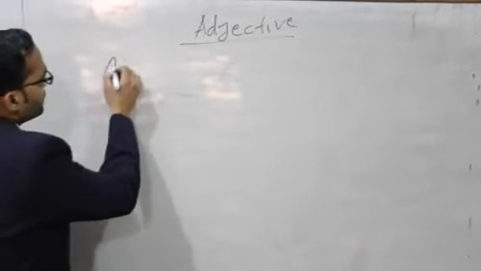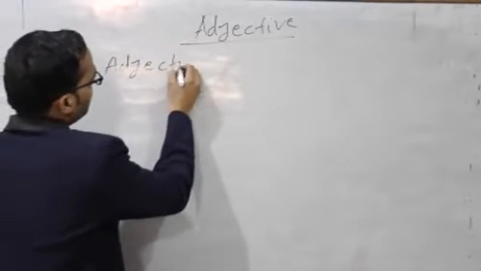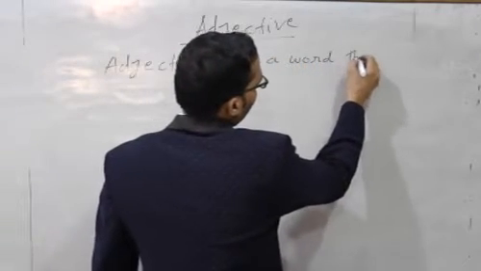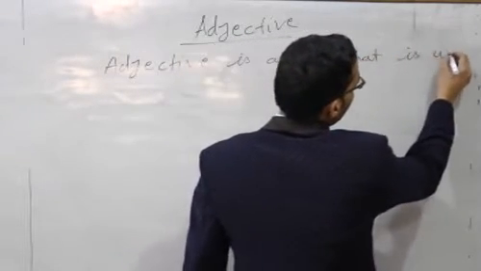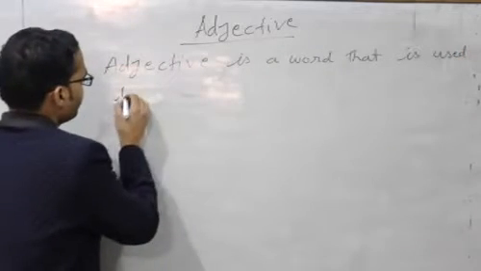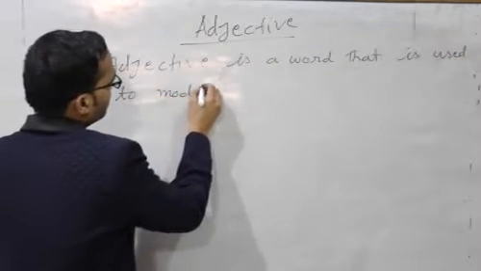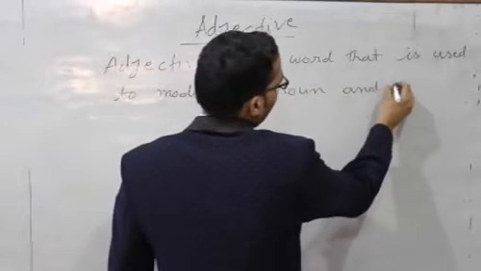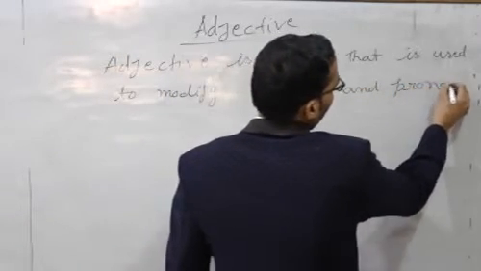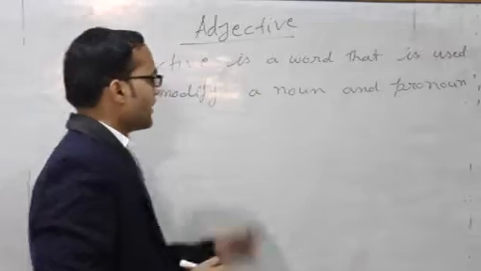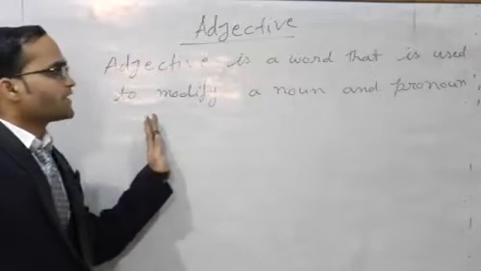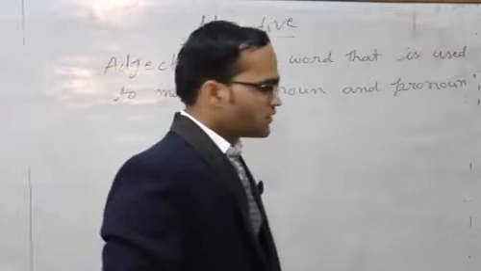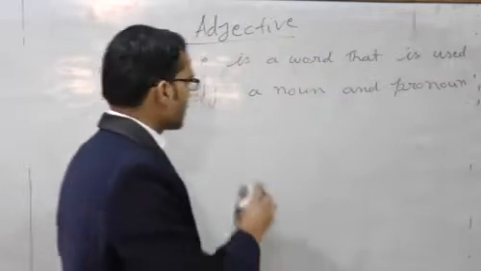I write down the definition here. Adjective is a word that is used to modify a noun and pronoun. So I have written a definition, dear child. Adjective is a word that is used to modify a noun and pronoun. Clear? For example,